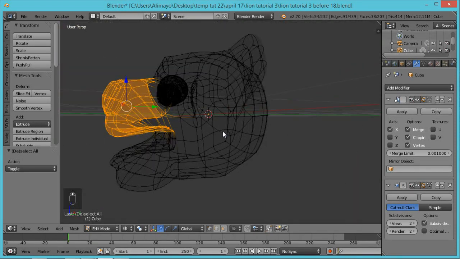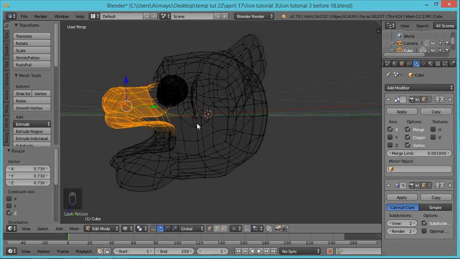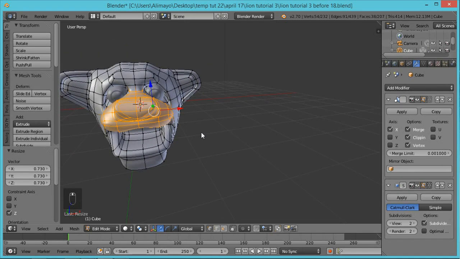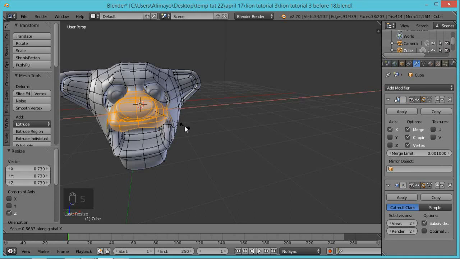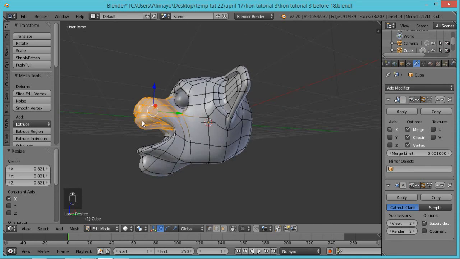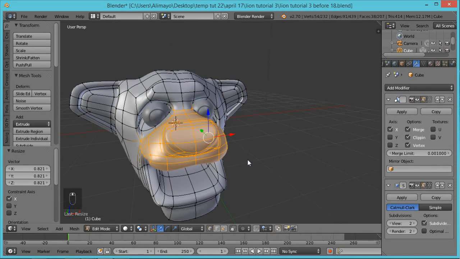Okay, now with just the muzzle selected, we're going to hit S to scale on the Z axis and bring that down. We'll hit Z to make it transparent, while still having it. Yeah, that's looking better already. Now we'll hit S to scale on the X axis, about like there. That looks a lot more lion-like, and now he looks cartoony like I want it,